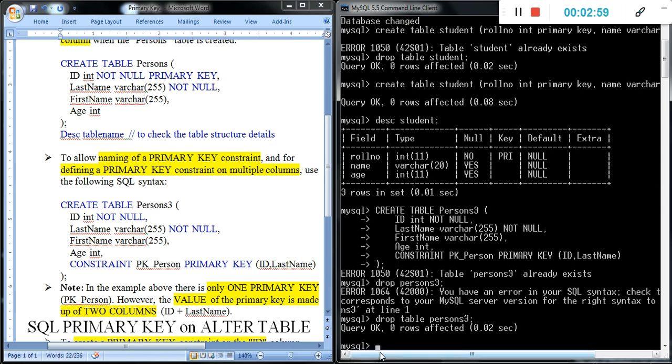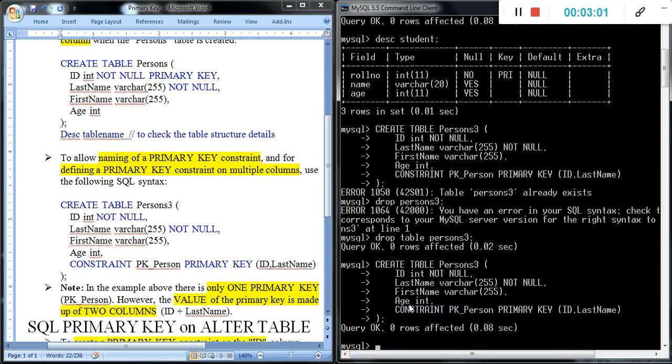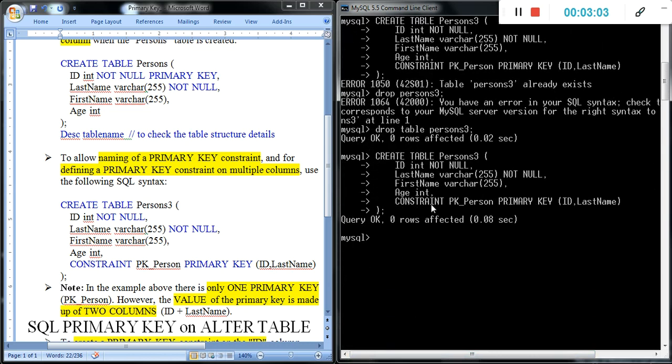Now we copy this. It creates the table persons3 with ID not null, last name varchar not null, first name, age, then a constraint creating a primary key of a combination of two columns, that is ID and last name.